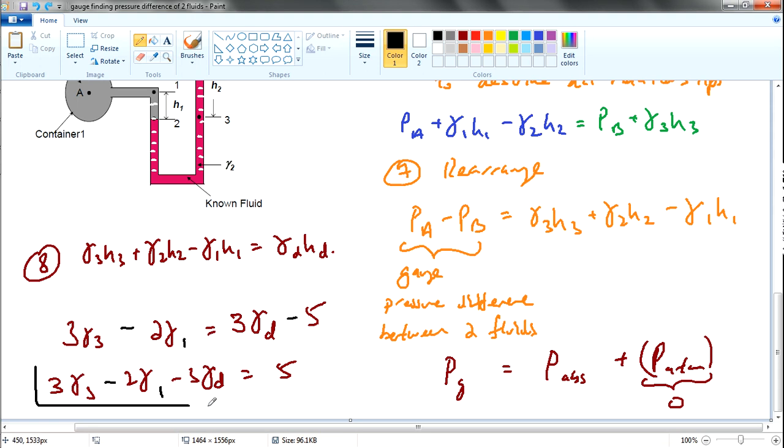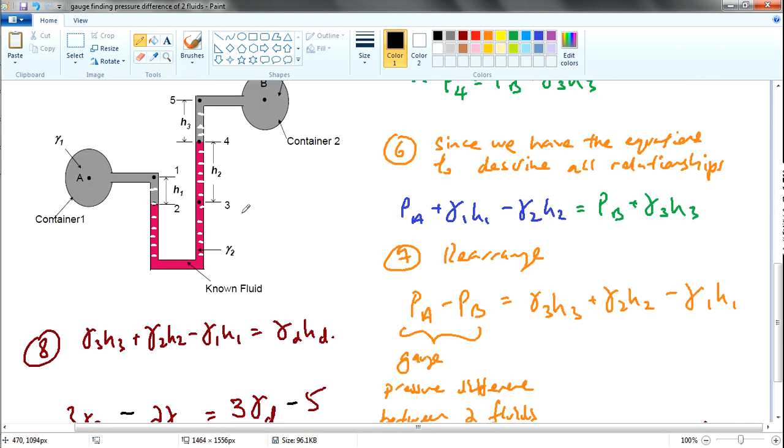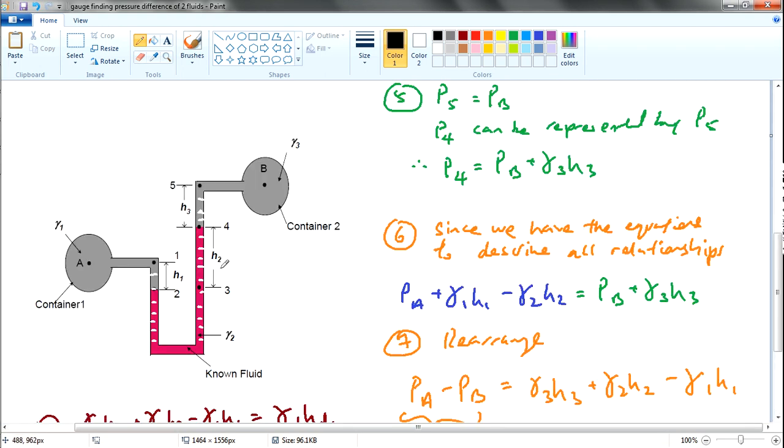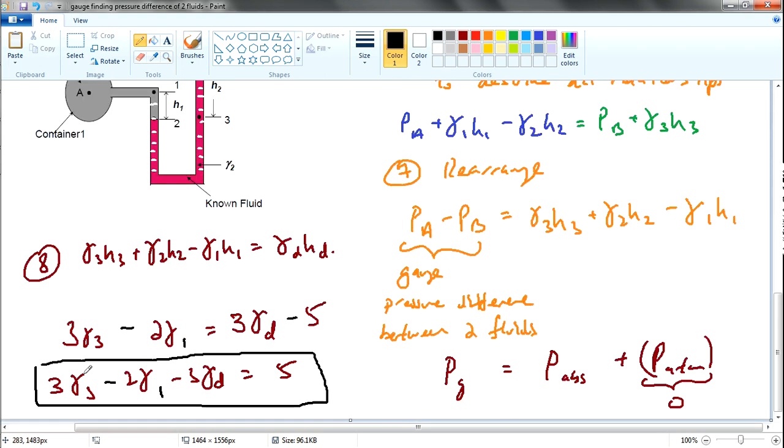So this is an equation that describes the relationship of all these things, although I can't describe it in terms of this diagram. However, if you know that there are three variables, you will need three equations to solve the simultaneous equations. Therefore, one method in order to solve for this density, this specific gravity,